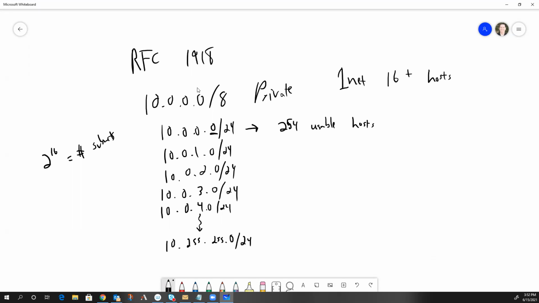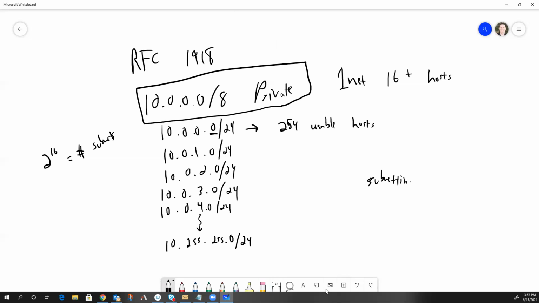So Dr. Hugh, you're exactly right. This network right here is pretty much useless the way it is. As one network of 16 million hosts, we really can't apply that to our networks. But if we subnet it, and we start borrowing host bits, by the way, subnetting by the definition, if you're ever at a dinner party and somebody walks up and says, hey, do you know what subnetting is? Well, subnetting is the process of borrowing host bits